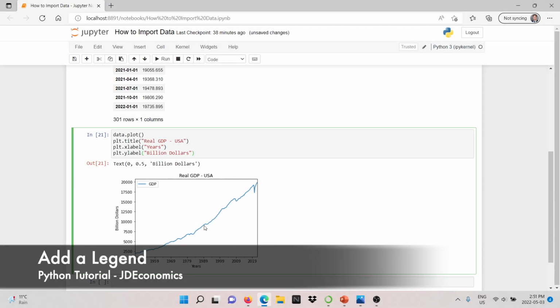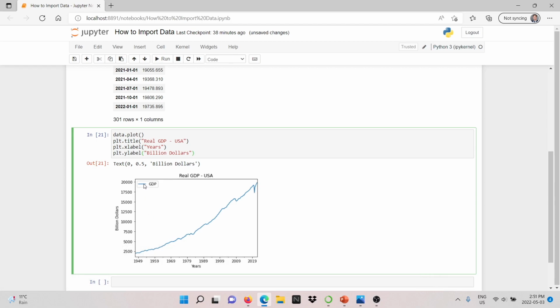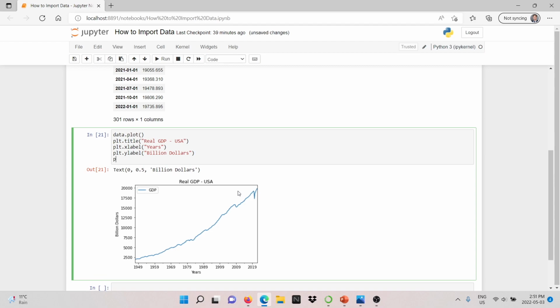Now let's take a look at how to add the legend and define the location. In this case, we already have the legend here, it is GDP, but I would like to have this legend in the lower right. So all we need to do in that case is to type plt.legend.